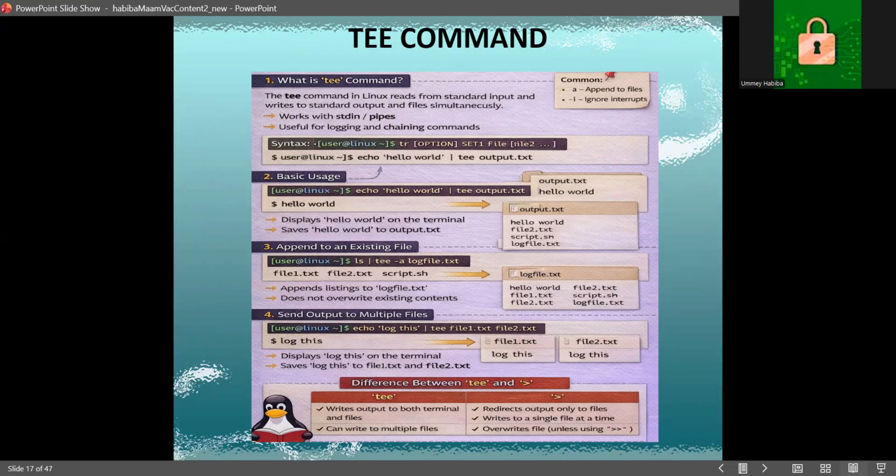ls. The command, if you are writing any command, like here, this is the command, tee option set1, set2, will display that list of files in the terminal and also save the same list in a file named output.txt. Got it? If you write echo hello world pipe tee command, then putting the output.txt file